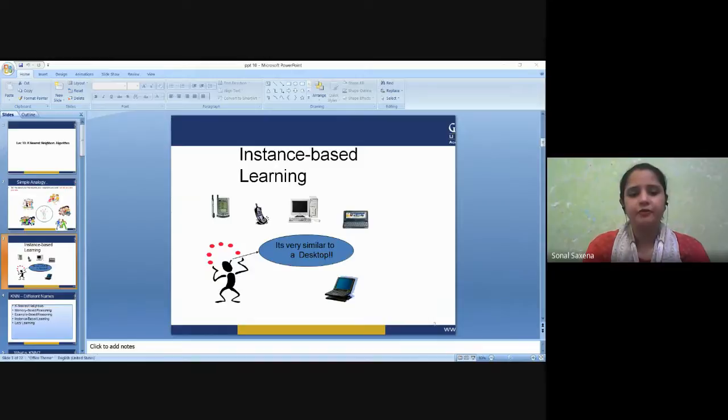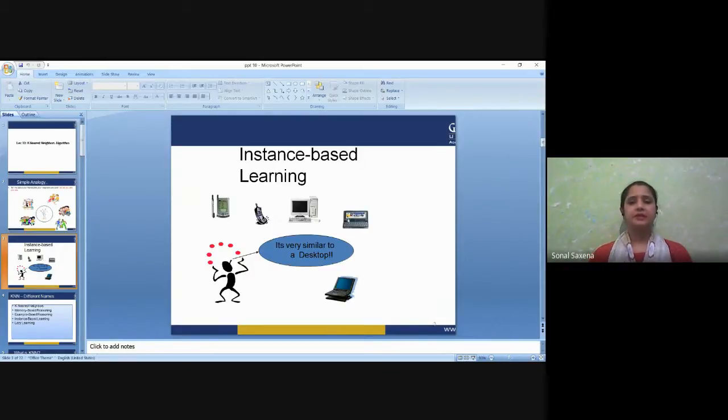For example, if we were to create a spam filter with an instance-based learning algorithm, instead of just flagging emails that are already marked as spam mails, our spam filter would be programmed also to flag emails that are very similar to them. Now, this requires a measure of resemblance between two emails. A similarity measure between two emails could be the same sender or the repetitive use of the same keyword or something else. Now, this is what we call instance-based learning that I told you. So, instance-based learning is just similar to that.